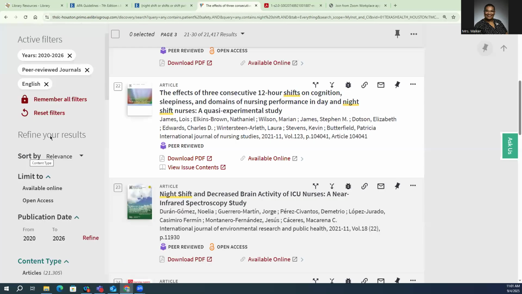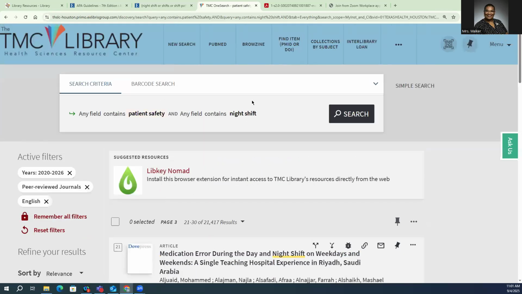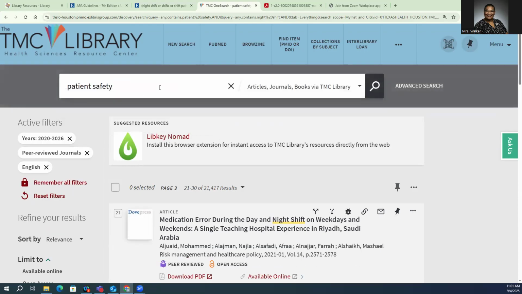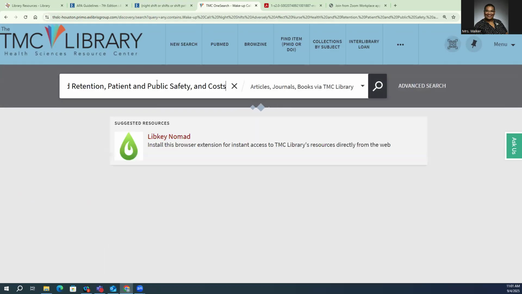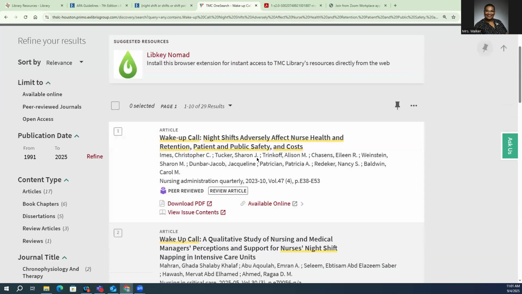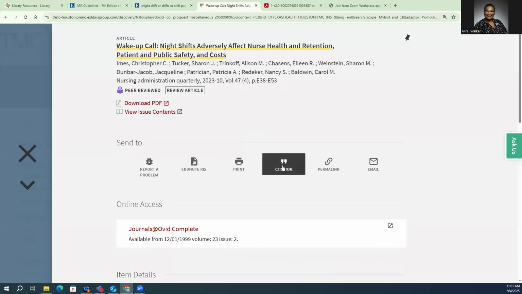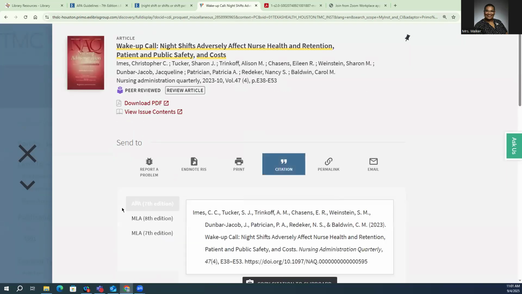And let's just put this title in here since I already know the title, simple search. I already know the title of the article that I'm looking for, so I'm just going to pop the title in. Let's see what citation it brings me.